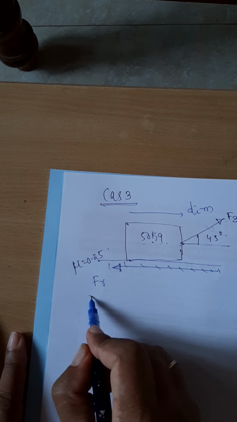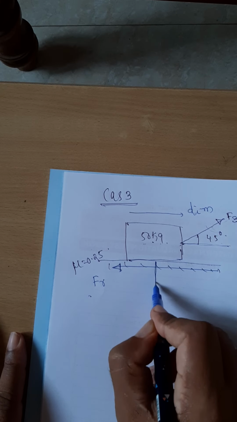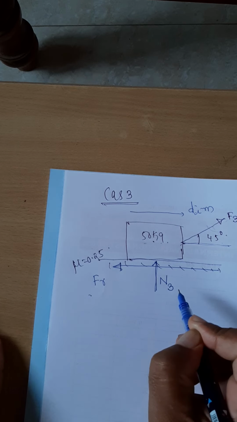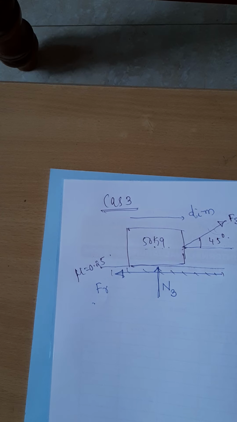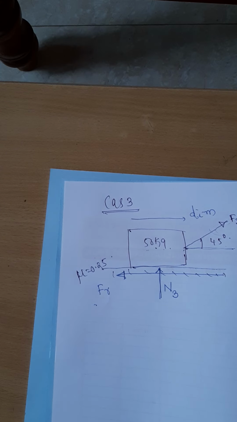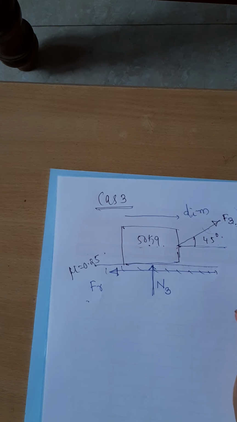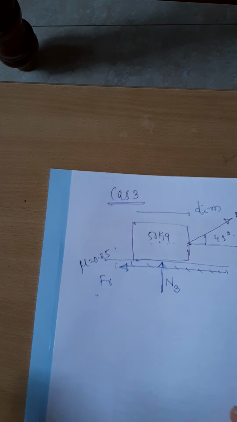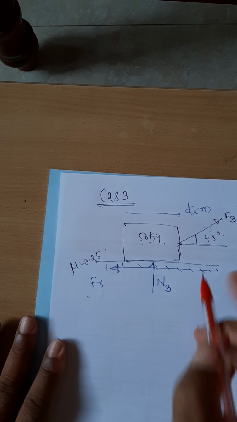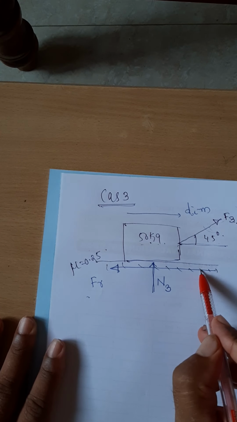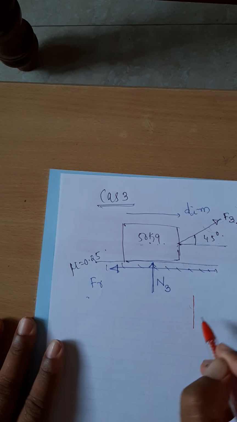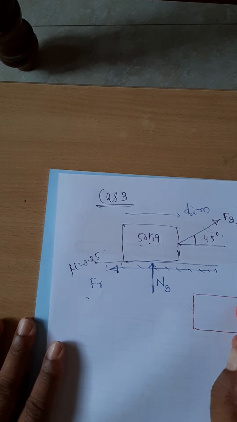This frictional resistance is dependent on the force acting normal to the surface, which for the time being I'll call N3, since I am taking the third case. So he is asking you what is the value of F3. I hope the free-body diagram of the block is clear to you. What are the steps involved? First, mark the direction of impending motion. Next, mark the frictional resistance. Next, draw the free-body diagram of that particular block. It will appear something like this.